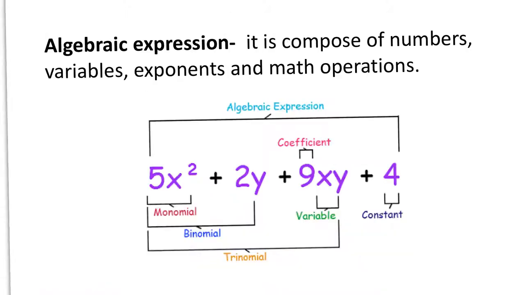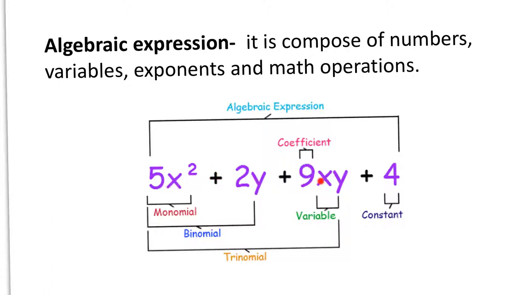Now, this is very important to know this algebraic expression term, because we are going to use a lot of expressions in Algebra 1 and Algebra 2, and you also see those in more math classes, geometry, pre-calculus, and calculus, and so forth. But an algebraic expression is composed of numbers, variables, exponents, and math operations. So you guys see on the screen here, I have an expression, 5x squared plus 2y